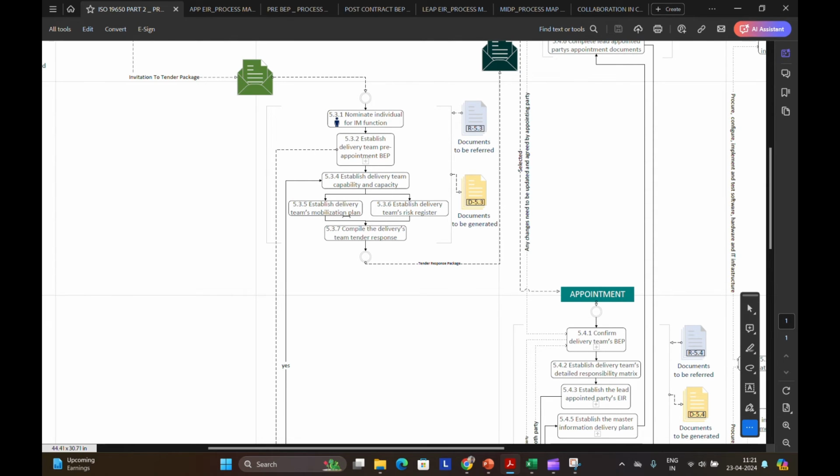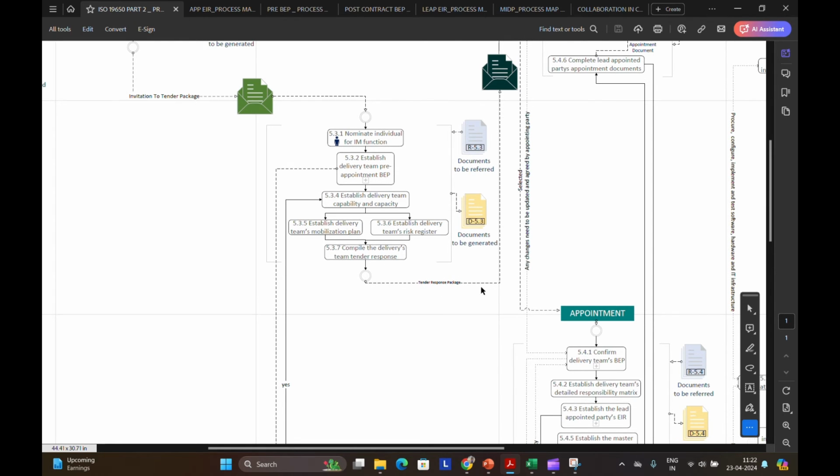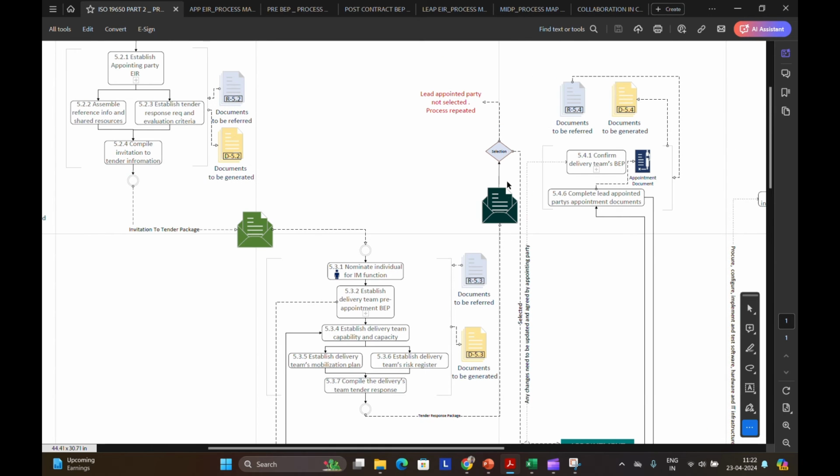And once they have established all these tasks, they will compile everything and send it as a tender response package to the appointing party. Here, the appointing party will select the prospective lead appointed party. If the lead appointed party is not selected, the entire process is repeated.